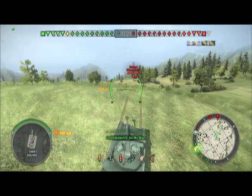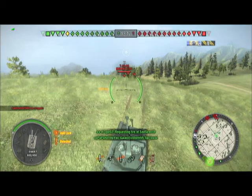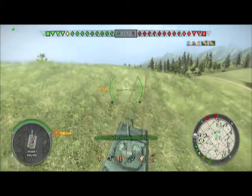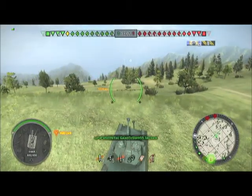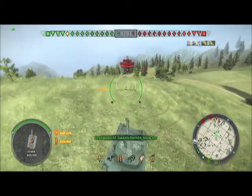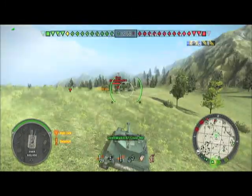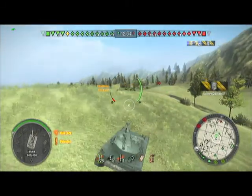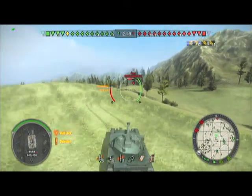There's a Hellcat along with them, and because I'm so far ahead because of the speed, no one's really paying attention, or no one's really up ahead to do the damage for me. So I'm pretty much peekabooing in and out just to spot them. And yeah, you can see there's already the Hellcat in position, and then here comes the Fury, which I think isn't paying full attention, but it did have its turn on me, took another shot at me, and